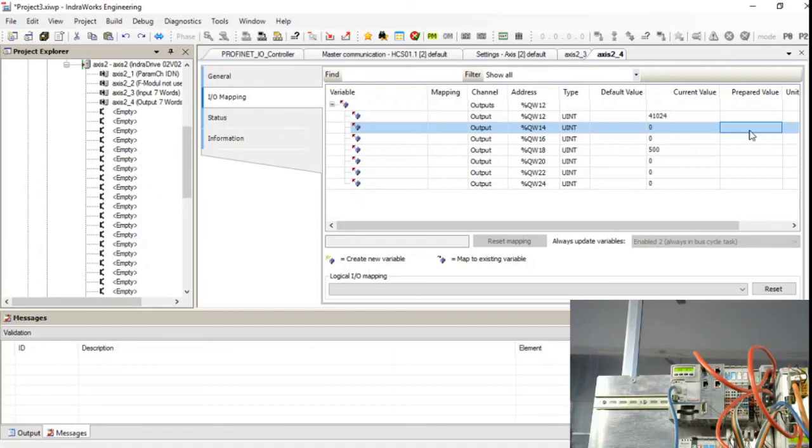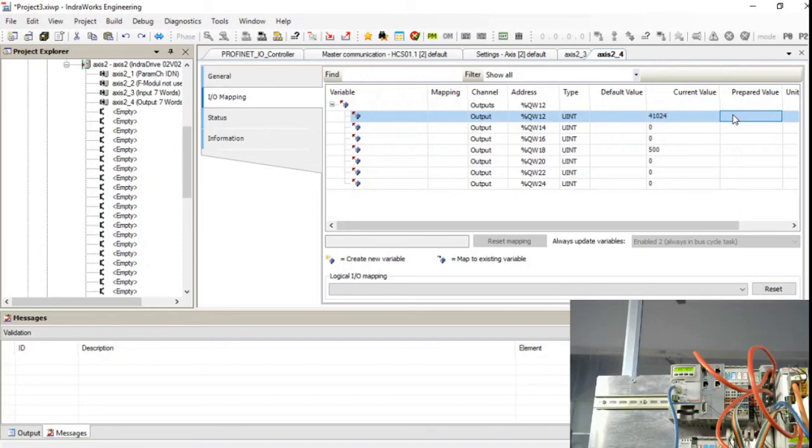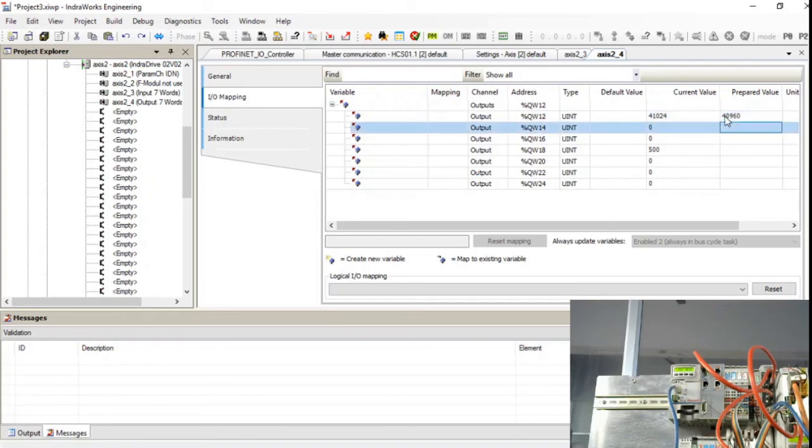Anytime if you want to change the speed, you can change the speed here. If you want to stop the drive, you can give again 16 as A000, then enter, control F7, and the drive will stop.